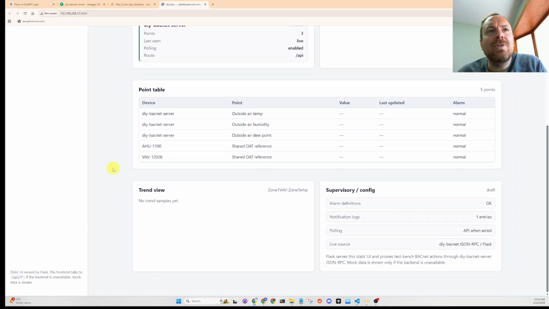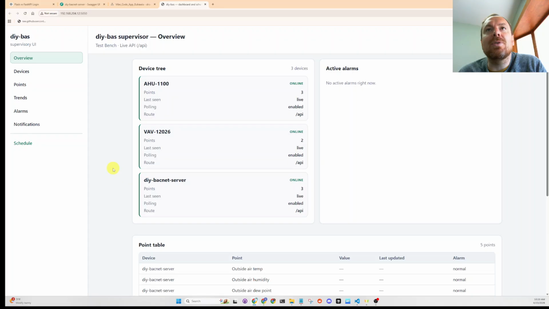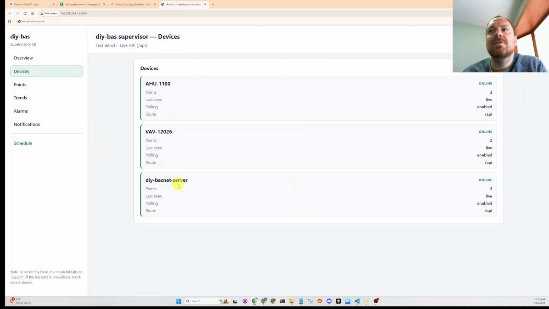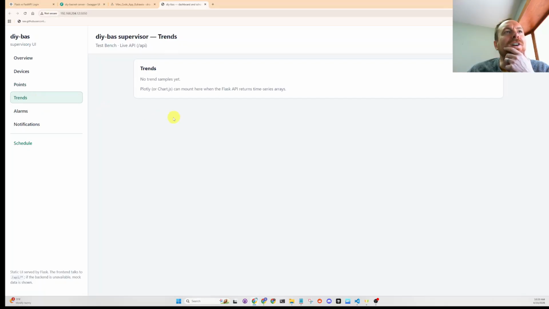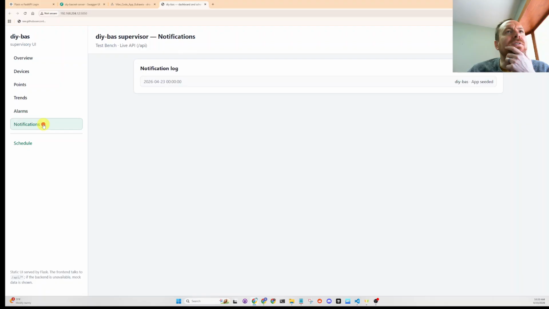All right, so we do have a working dashboard, which we haven't even seen yet, but wow, so it's polling online. diy-bacnet-server is online. It says that's a device. Devices. Well, this will be fun. We'll be able to play around with this. Yeah, we'll just have to think of a few things to revise. Trends, alarm,